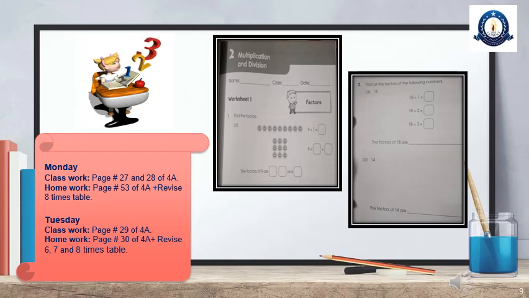Second pair will be, check if 9 is coming in the 2 times table. 2 4s are 8, 2 5s are 10. 9 is not coming. So now move towards the 3 times table. 3 3s are 9. So look at the picture. How many rows are here? 1, 2, 3. How many faces in each row? 1, 2, 3. 3 into 3. Now we will write factors of 9. So the factors of 9 are 1, 3 and 9.